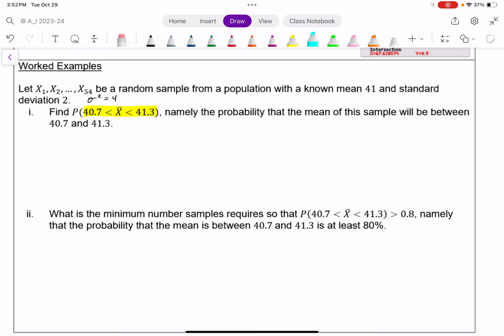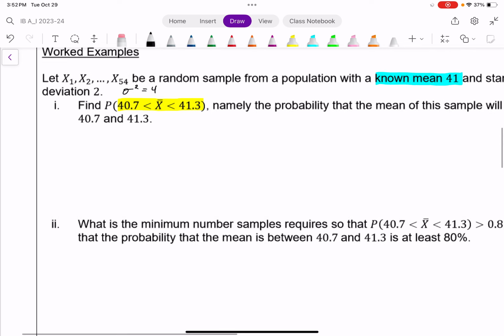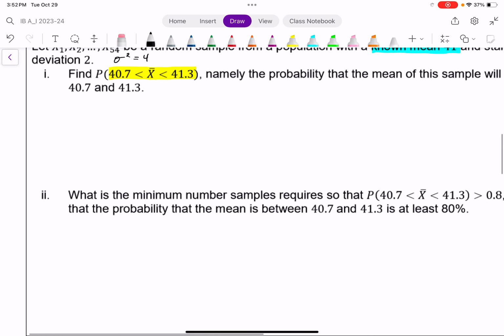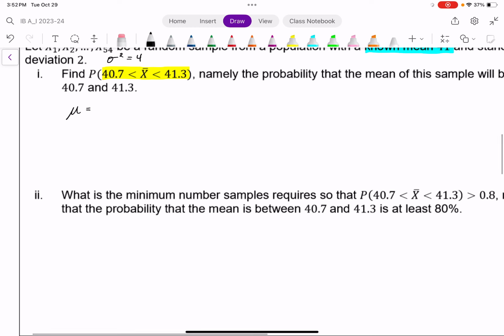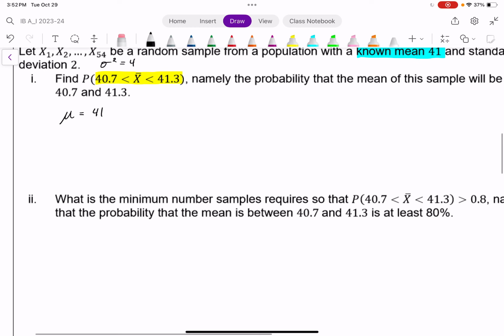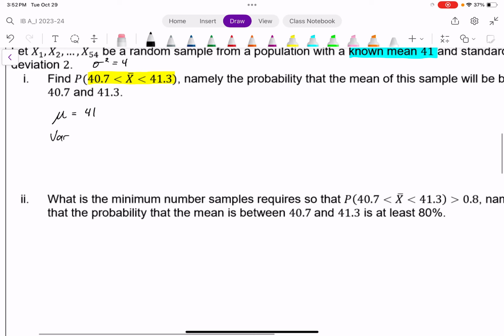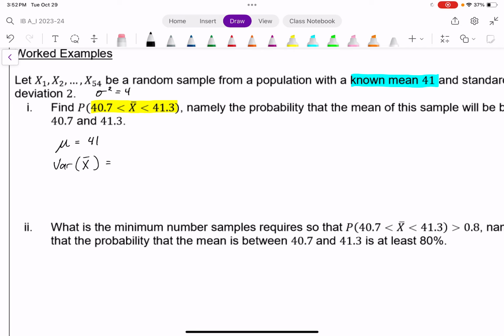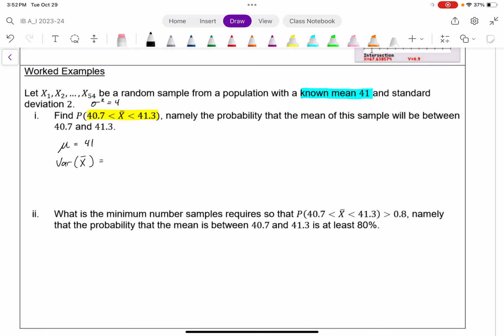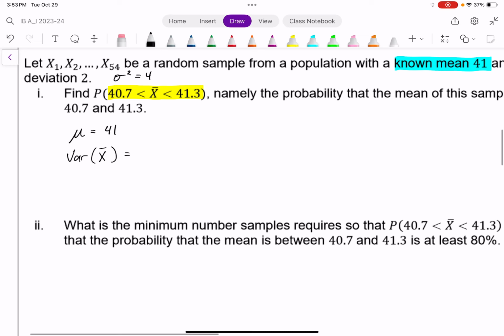However, we can immediately use the mean. In general, the mean of the population we can use as the mean of our data as an approximation. So in this case, it's 41. However, the variance of the sample will not be the same as the variance of the population. And the larger the sample, the smaller our variance is. We saw that before. And so if the population has a variance of 4, we need to divide that by the size of our sample, which is 54. So 2 over 27,